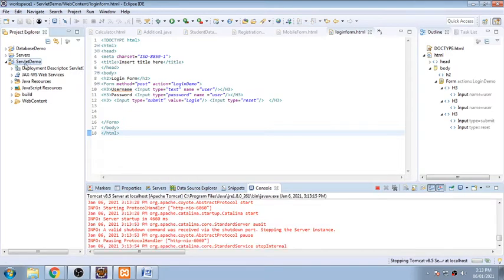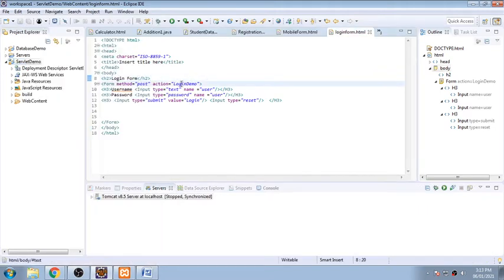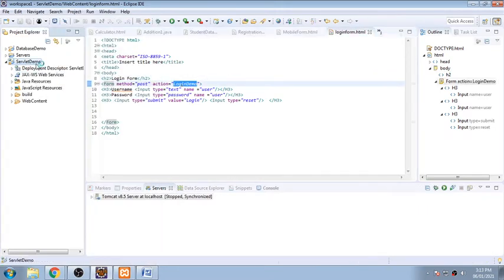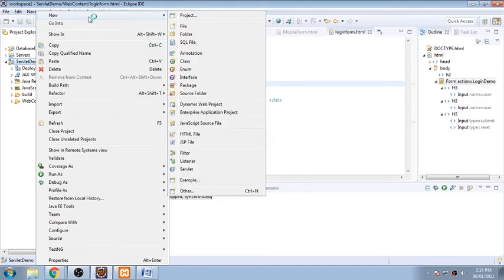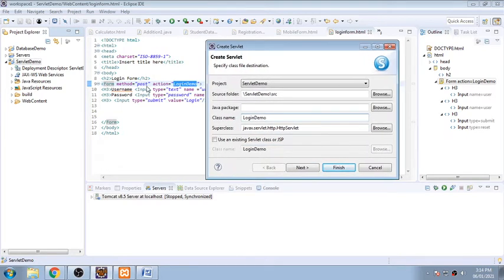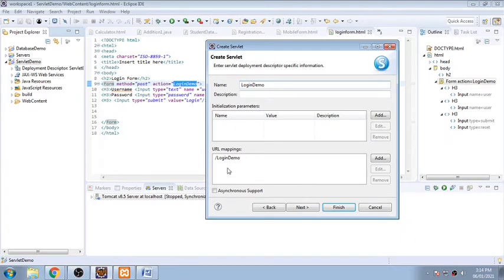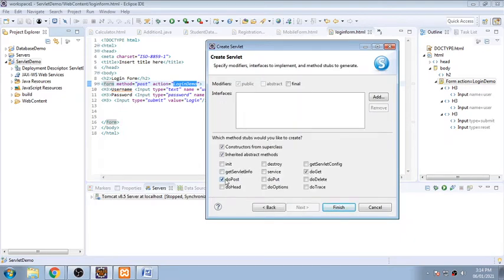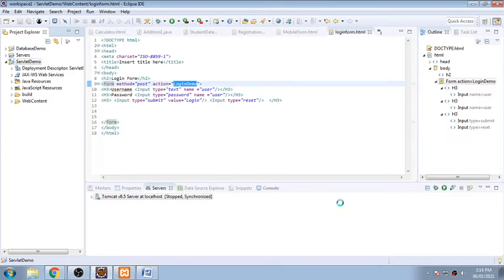So right click. Before that I need to copy the name of my servlet file which will be created. So right click, new, and I'm creating a servlet. There the name will be pasted in front of class name, and as we have said we are using a post method. Next is the URL mapping that is required for mapping, and I am using a doPost method, no doGet, no constructor I don't want, so just that's it. So doPost method, and we are opening a doPost here.